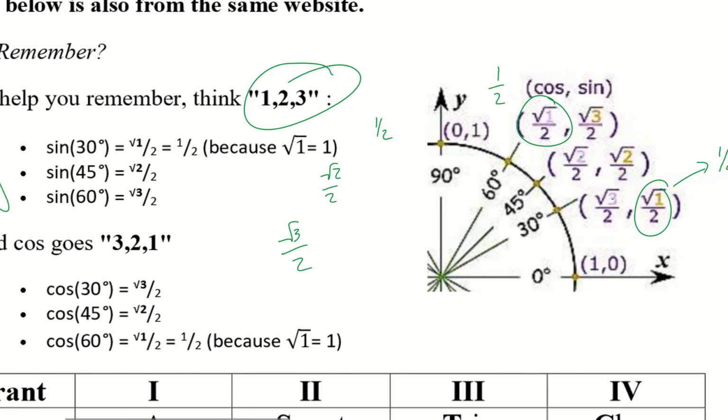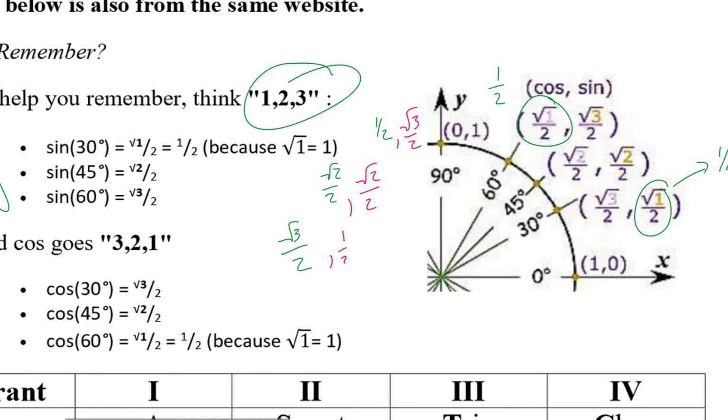So for my x values, I have 3, 2, 1, 1, 2, 3. And then as I continue around, I'm going to have 3, 2, 1, 1, 2, 3 again. And then same thing goes with the y values. Let's go ahead and write that down now. So I have 1, 2, 3. I'm going to have 3, 2,